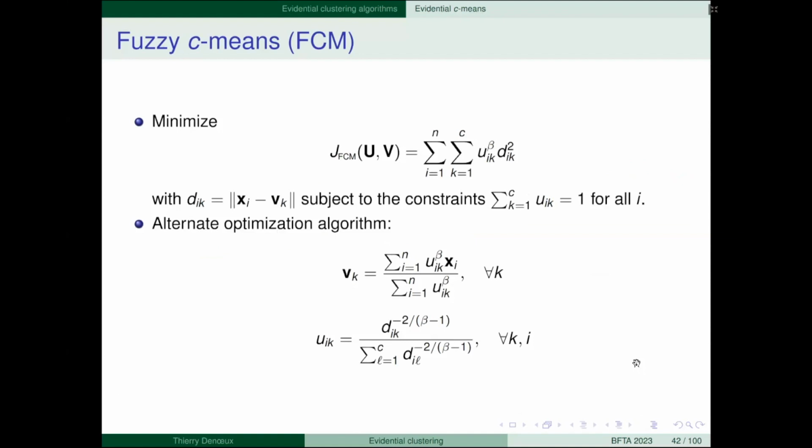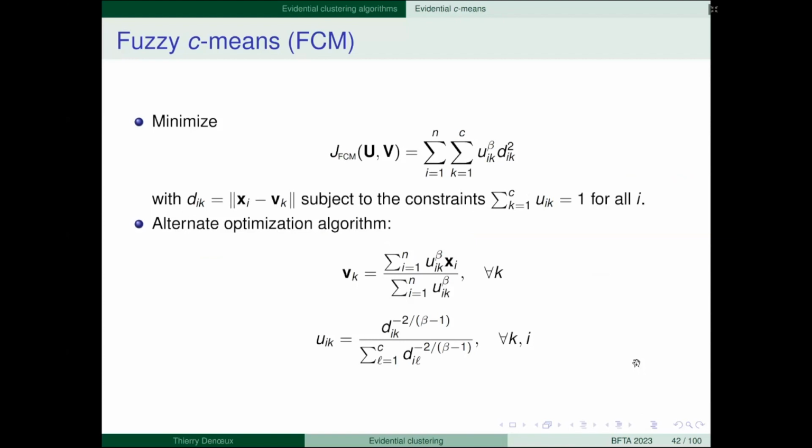Okay, so here we have to fix the number of groups in advance. For each group we have a prototype v_k, and we try to minimize this. So when d_ik is large, if object i is far from the prototype of cluster k, u_ik, the degree of membership, should be small, because we try to minimize the sum of these products. So when the distance to a prototype k is large, the degree of membership of the corresponding cluster should be small.